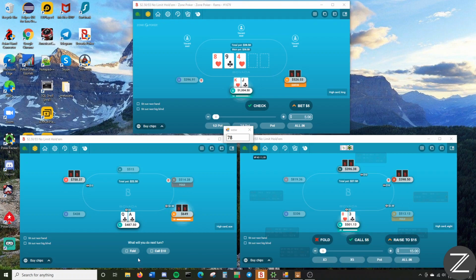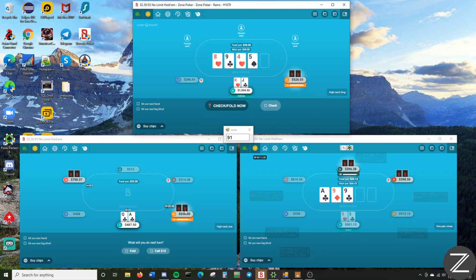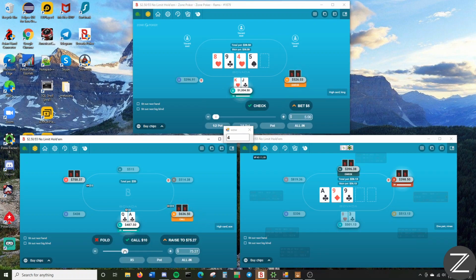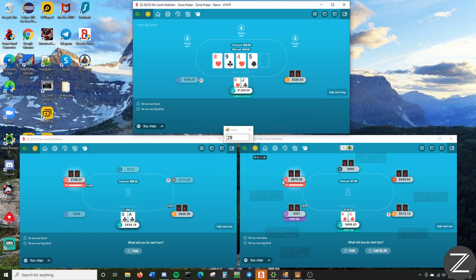So we're just going to be checking this back, and we will be squeezing this. So when the small blind flats, so if the button flats, your squeeze size should be somewhere around 15 big blinds, so it'd be around 75. But when the